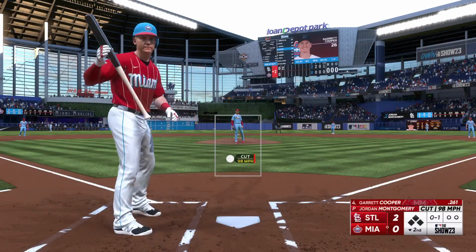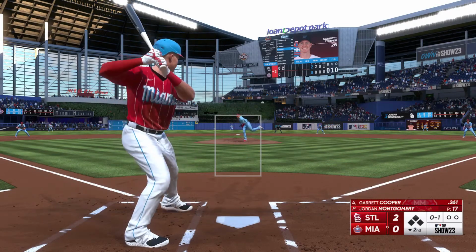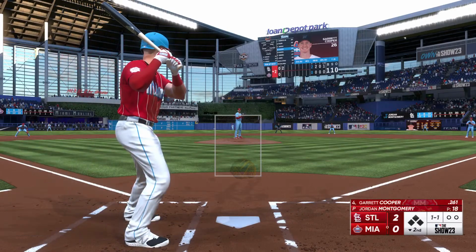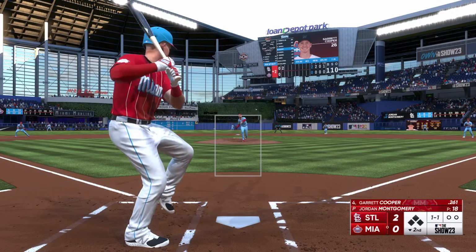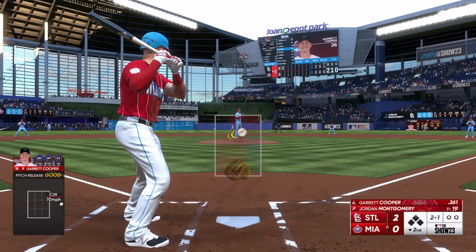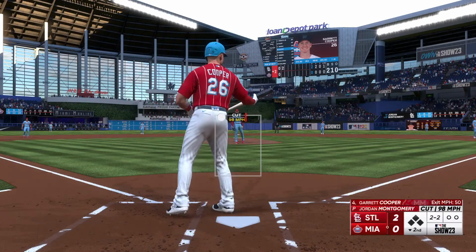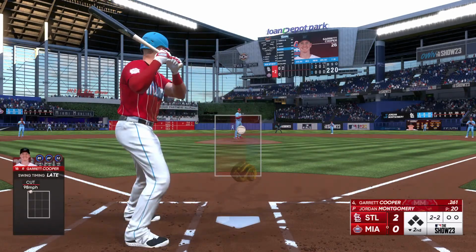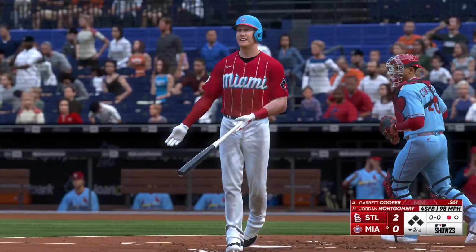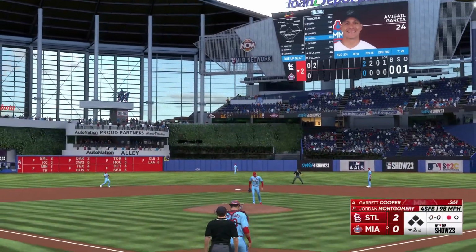And there's the strike. Just not able to catch up to that velocity. Pitch misses there, and 1-1. That one missed. 1 strike. Got it. Down on strikes, and he knew it. Frustrating end to the at-bat for the hitter, and I'm sure that's going to sit on him for a little